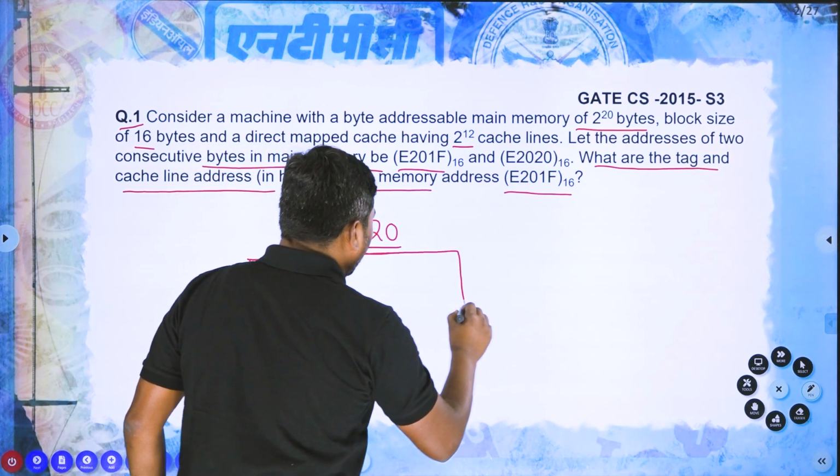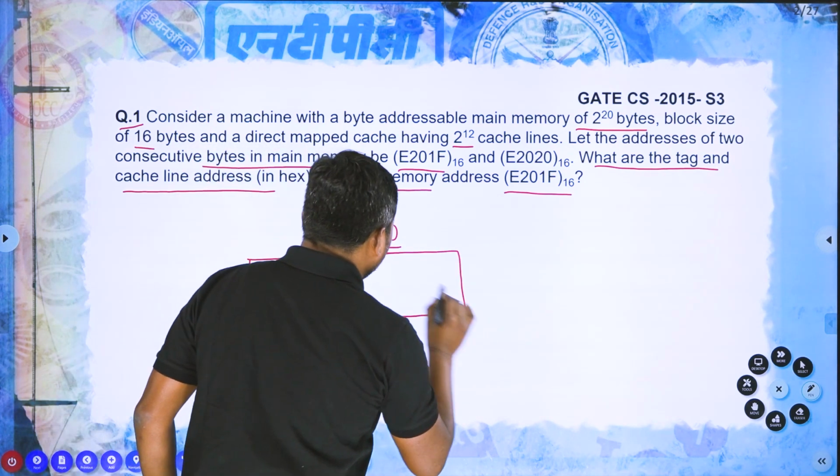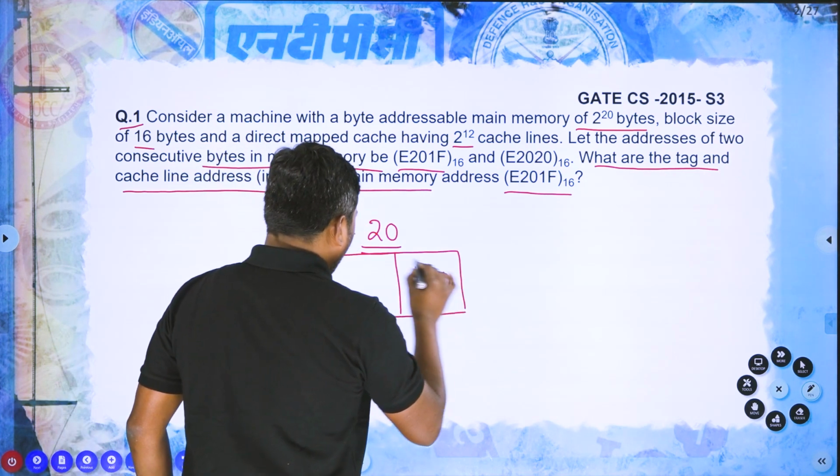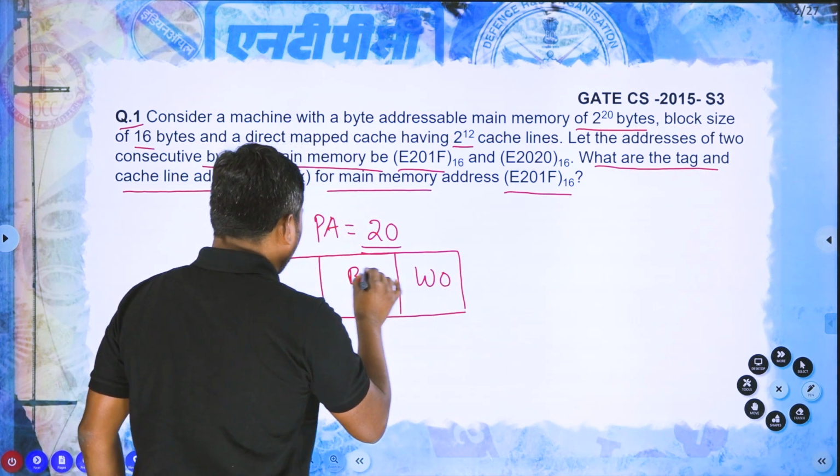Direct address mapping, physical address is divided into how many parts? 3 parts. Correct or not? One is word offset, second the block offset, and third one is the